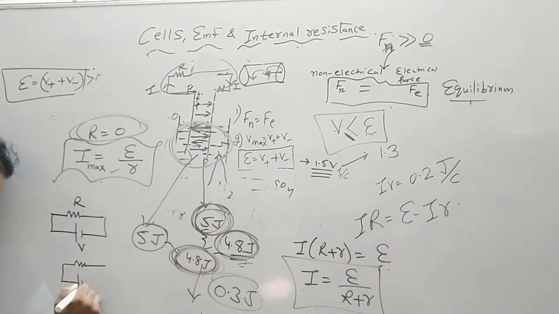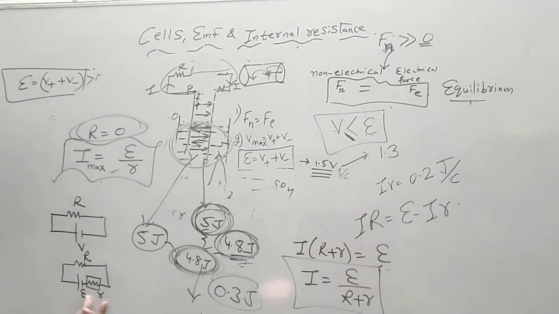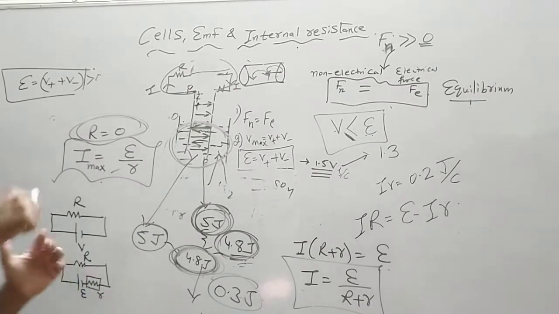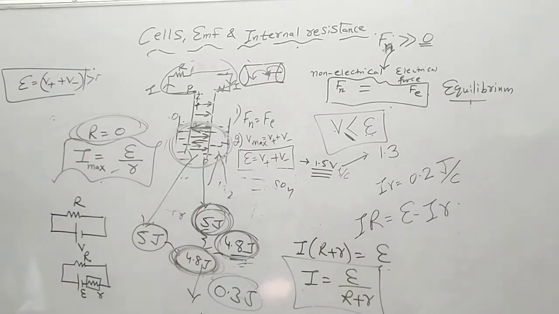If I draw like this, small r, that is internal resistance, is shown separately, kept in a box, and now I will write here E and this is capital R. So out of this EMF, Ir will be utilized by the cell itself, that is the motion of ions is being opposed, and what I will get will be IR, that is V is equal to IR, current starts flowing. So this is the symbol.